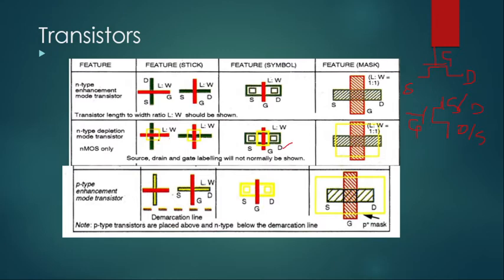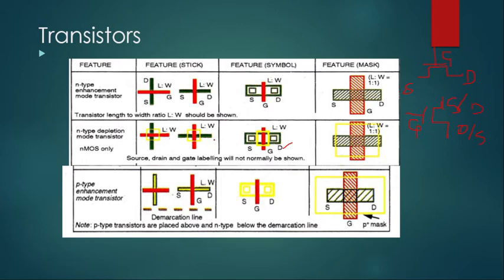and for making the stick diagram you will make a yellow color box outside this contact area or the intersecting area. You will make one yellow color box, because you have to differentiate between the enhancement and depletion. So how can you differentiate it? By making a yellow color box outside this intersection area. Similarly here for N-type transistor you will make the N-type transistor as it is, and then a yellow color box will show your depletion area. This is the way you differentiate for your depletion mode transistor.